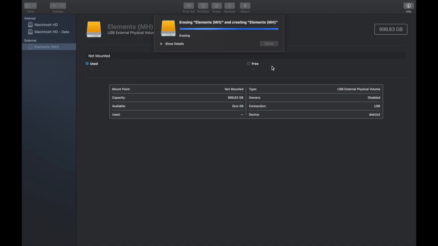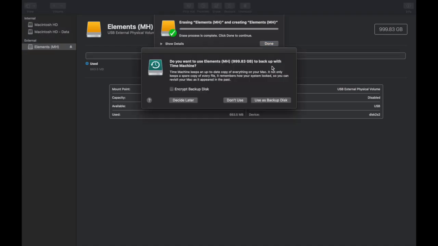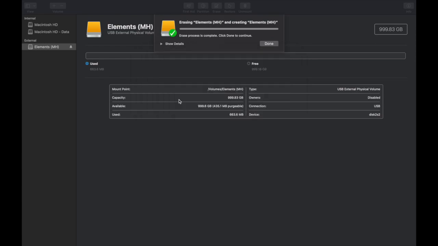So the hard drive has been formatted successfully. Now Time Machine is asking whether I want to take a backup, which I'm going to decide later. And the drive I'm using here is 1 terabyte, and the equivalent space is now available in the drive, as you